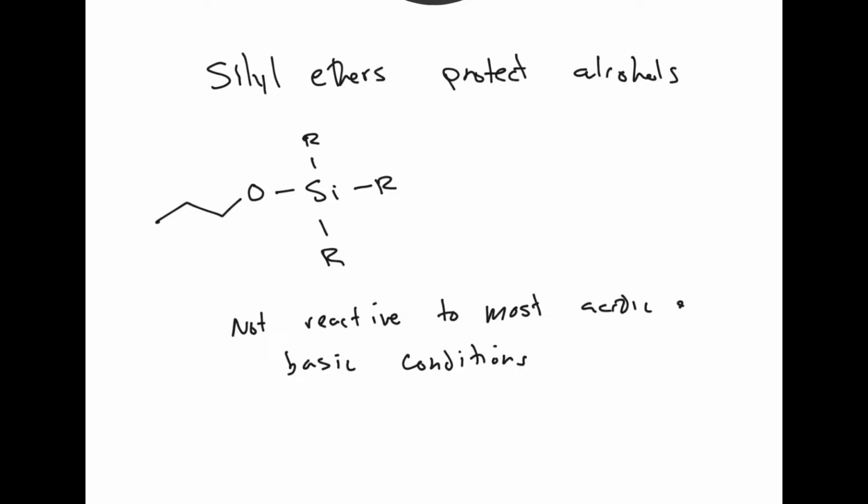And we're going to go through the four most common ones. So we're going to have our generic one, right? And if we make those R groups on the silicon methyl groups, right,